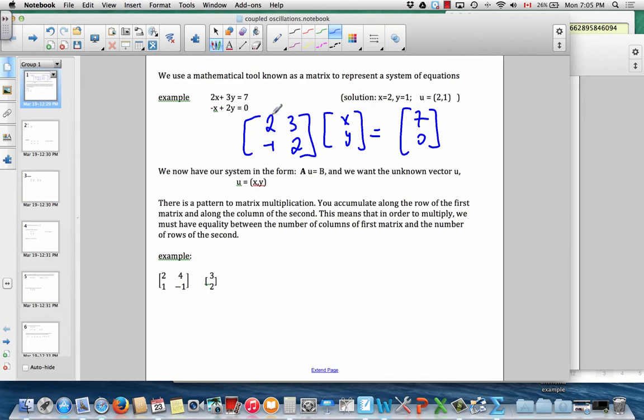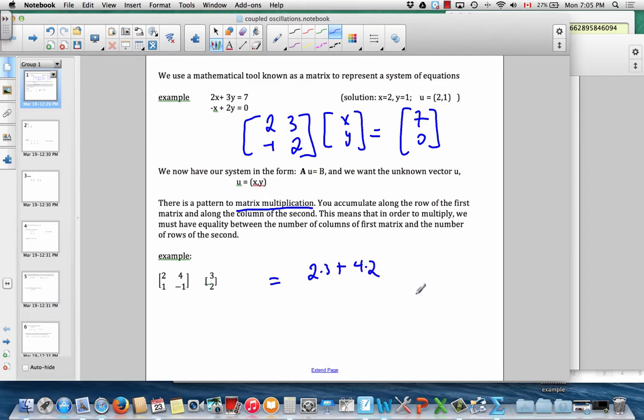So what we've got here in matrix terms is an equation that looks like A, where A is a matrix, U, where U is a vector whose components are x and y, equals B, which is another vector, 7, 0. And the way to go from this matrix statement back to the actual equations is matrix multiplication. The algorithm is you multiply across rows in the first matrix or vector and down columns in the second. So we would multiply 2 times 3 plus 4 times 2,